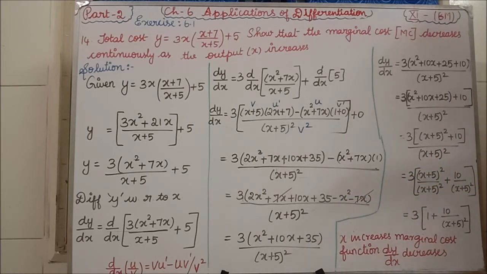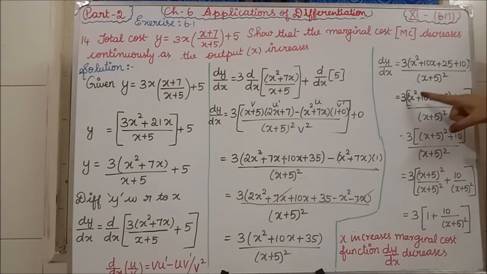Clear now? For that, we have to simplify one more step. Okay, at the point where we get no x in the numerator, there we can stop. That only we are going to do. See now, this 35 I am splitting into 25 plus 10. Why am I doing like that? See, x square plus 10x plus 25, that alone I am taking separately, then plus 10 I am writing, divided by x plus 5 the whole square.